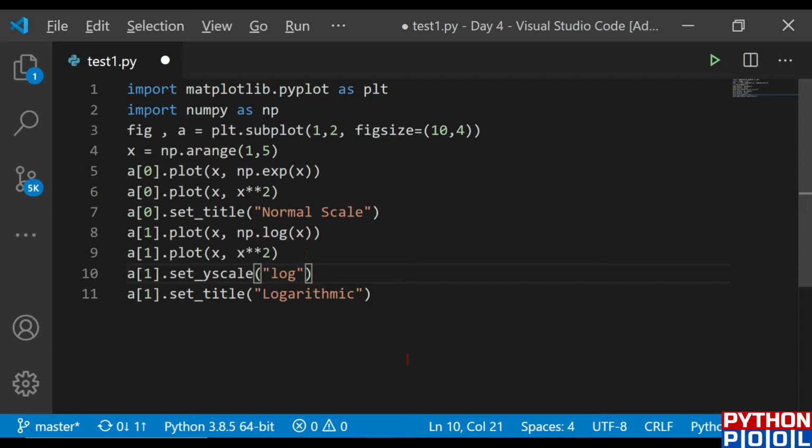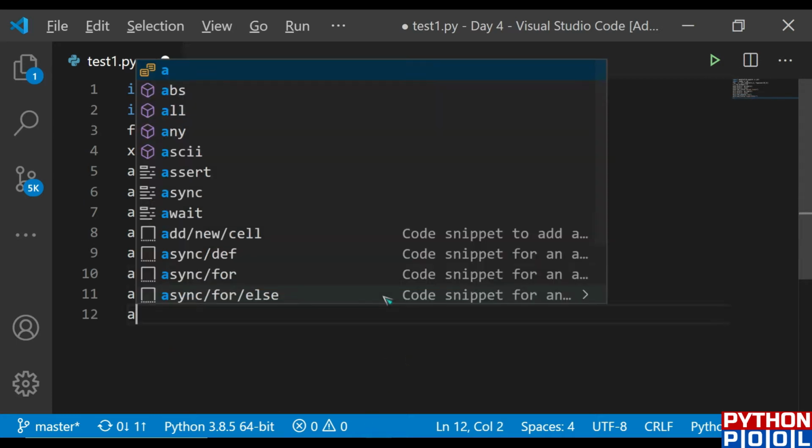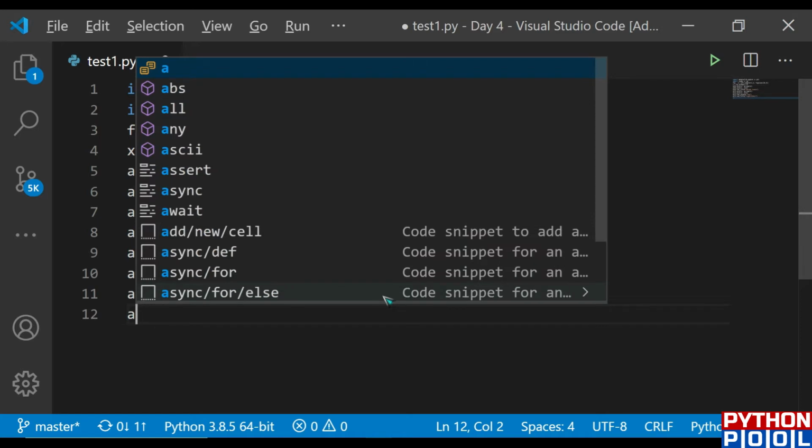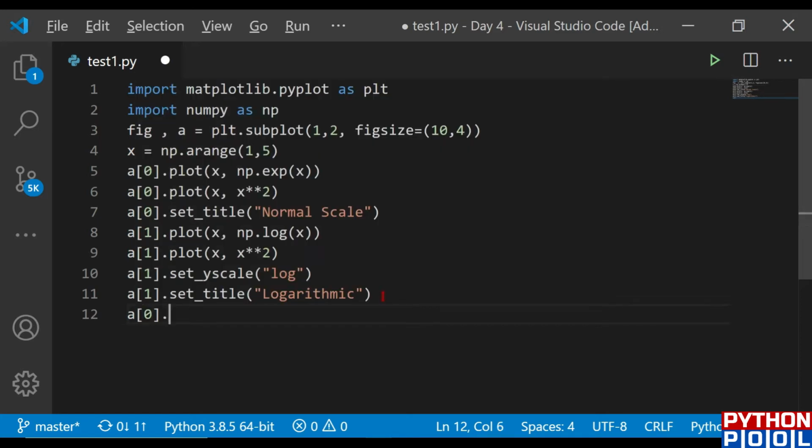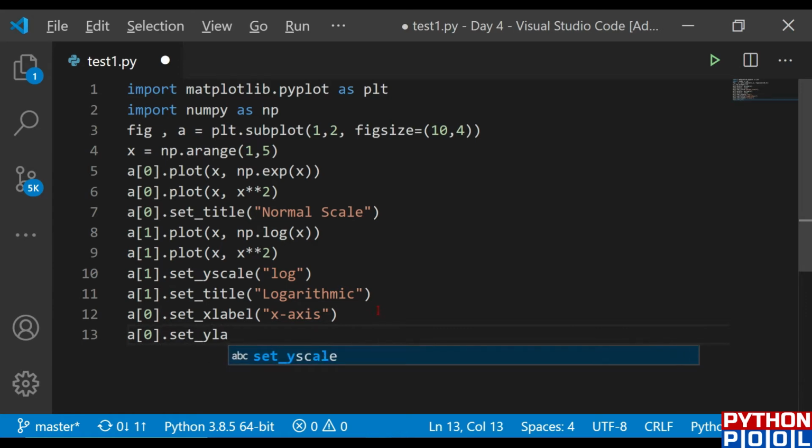Now let me set the x label and y label for both of these graphs. So a0 should have x label and a1 set x label. Simply, we have used it earlier. It should be x-axis, and let me give the y label to a0.set y label.